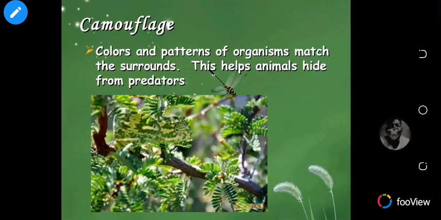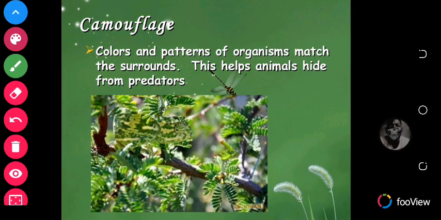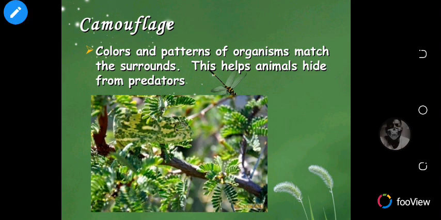We've looked at camouflage. Animals of a certain color adapt to living in a certain environment, because then they are able to survive there. Can you see the chameleon in the environment? Let me show you the chameleon. This is the chameleon. If I didn't show you, you probably would not have known that there was a chameleon there. That is what we call camouflage. They blend in with their environment.